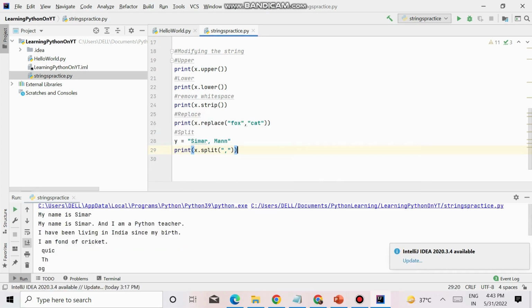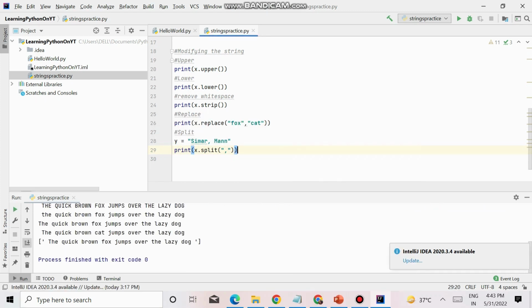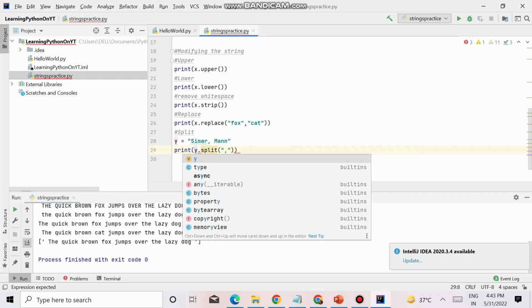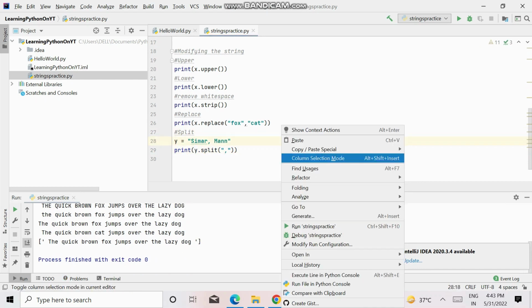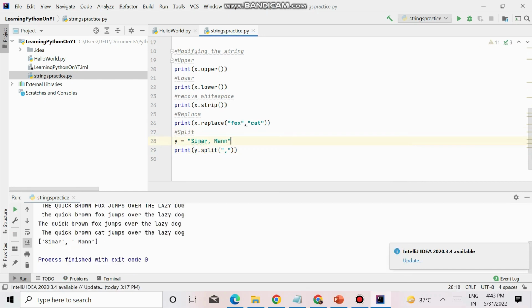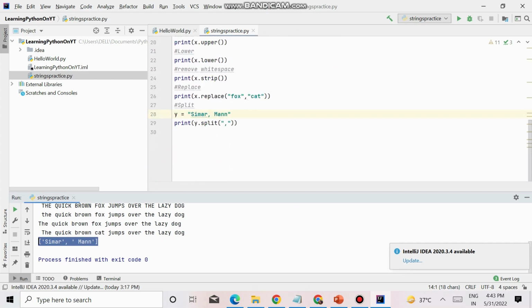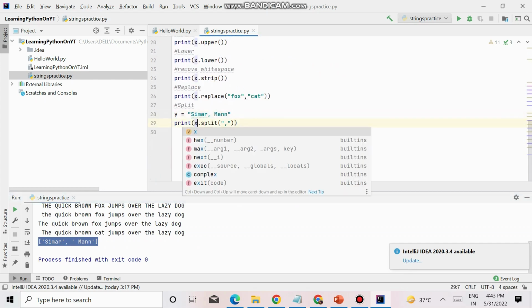Okay, so this is why I've given x dot split. Since there was no comma, the list has only one item, right? And now I've given y. Now the list will have two items, simmer and man, which are split or separated by a comma. If you want to see it again, I'll just show you. If x dot split is done, it will be one item